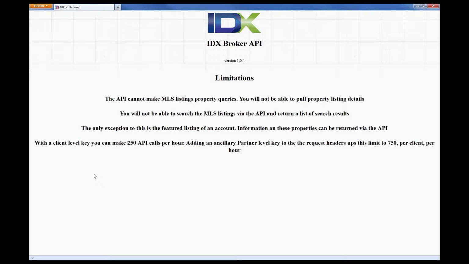Now, if you're a developer partner, you get a secondary key. This is an ancillary key. By adding this to the request headers, this will up your limit from 250 to 750 per hour per client. So using the ancillary key in conjunction with your client level key, that's a pretty big increase in API calls. While that does make it a lot easier to make more calls, say for leads, over and over again per client,